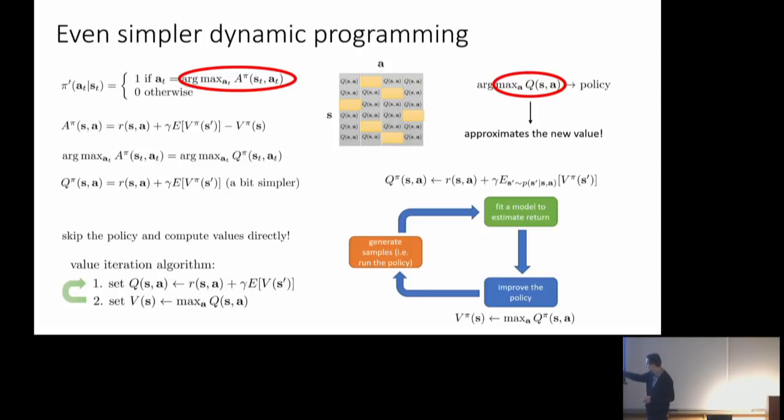And every time you do a policy improvement, this part, when you take the max, what you're really doing is writing in the value function for this pi prime defined as this argmax. So as you're improving pi, you're at the same time recomputing its value, which means that at the end, what you're going to get is the value function for the optimal policy. And of course, if you need to recover a policy from it, just use this thing up here.